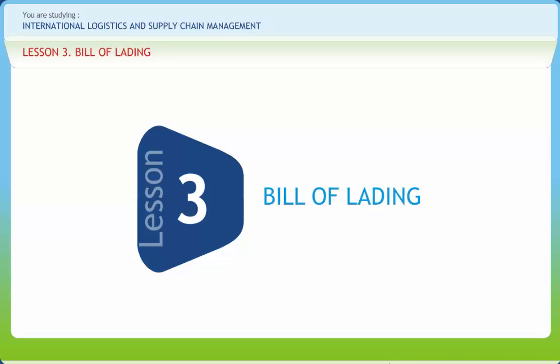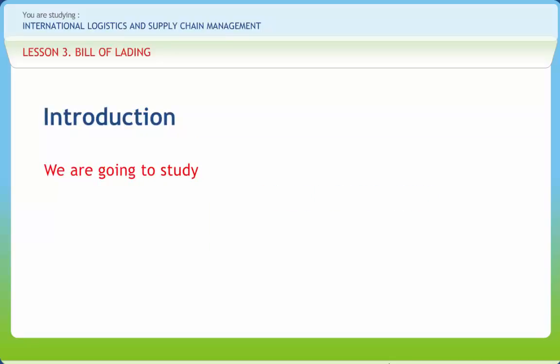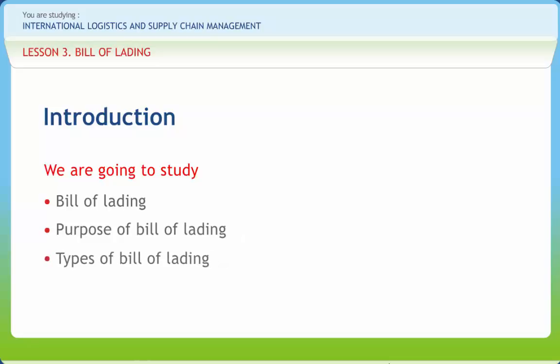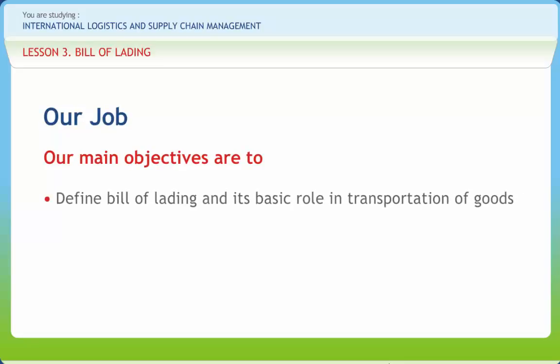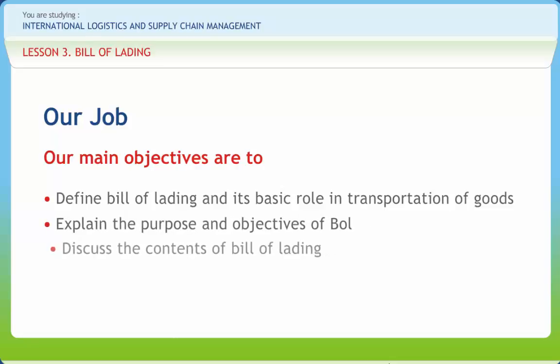Bill of lading. We all know a bill of lading is a type of document that is used to acknowledge the receipt of a shipment of goods. In this lesson, we will study bill of lading, purpose of bill of lading, and types of bill of lading. After going through this presentation, you should be able to define bill of lading and its basic role in transportation of goods, explain the purpose and objectives of BOL, discuss the contents of bill of lading, and describe the types